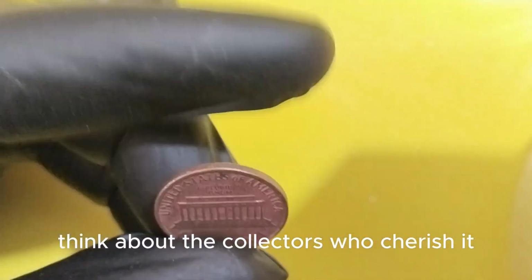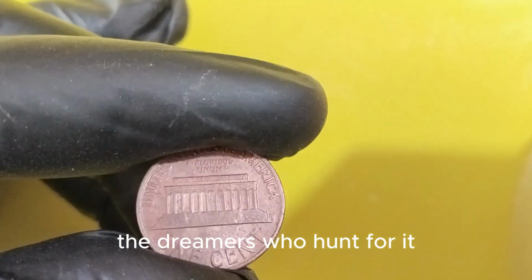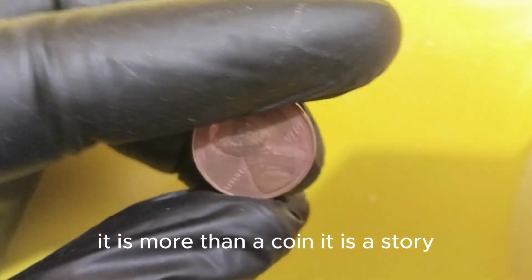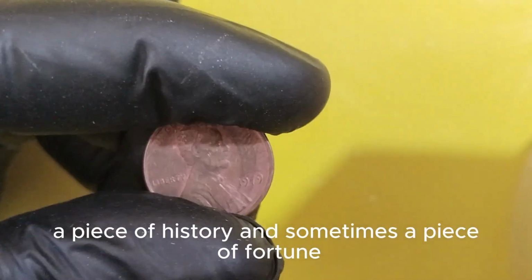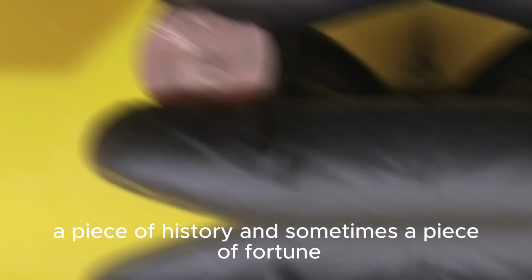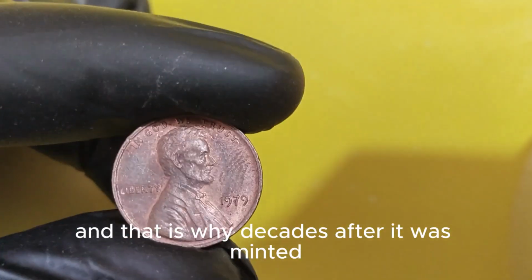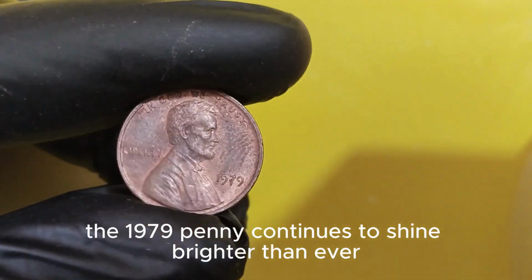Think about the collectors who cherish it, the investors who trade it, the dreamers who hunt for it, and the legends that surround it. It is more than a coin. It is a story, a symbol, a piece of art, a piece of history, and sometimes a piece of fortune. And that is why, decades after it was minted, the 1979 penny continues to shine brighter than ever in the